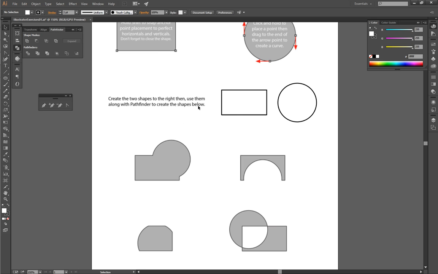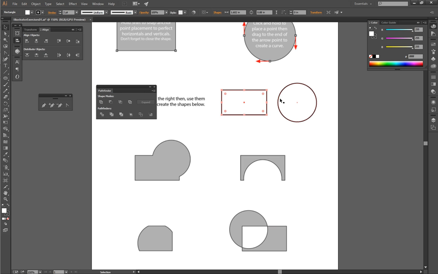So let's take a look at these and see what they do. I'm going to put Pathfinder right here, and I'm just going to be making copies of these shapes. I've already got them here. I don't need to redraw these every time. So what I'm going to do is choose my rectangle. I'm going to hold down Option or Alt if you're on a PC. I'm just going to drag it into place, and you can sort of see how these shapes are going to come into play here based on this JPEG that's in the background. So I'm going to drop these 2 into place,